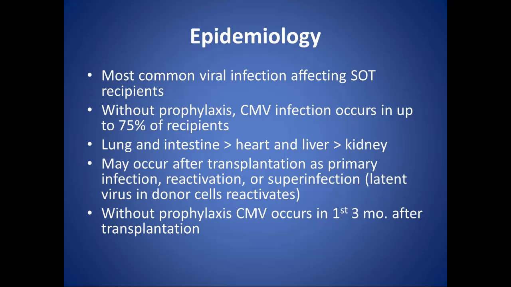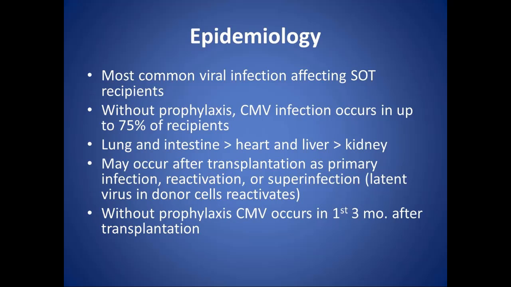And so how can patients get CMV disease? Well, they can get the virus when they're transplanted. If you have somebody who is CMV negative and then they get a CMV positive organ, they can get primary CMV infection. They can have reactivation if they're already CMV positive, then they can get reactivation of their own CMV, or they can also get a superinfection with CMV from donor cell reactivation, which is actually something I didn't really appreciate. You don't think about it, but you could get that, and then it's hard to figure out whether the CMV came from someone's own reactivation or from the organ,